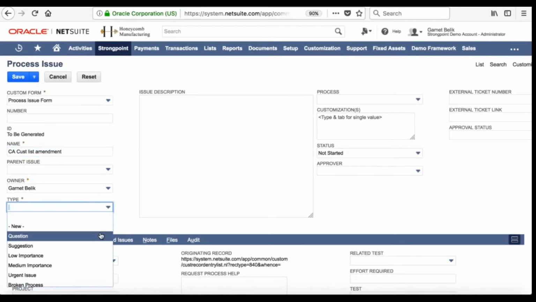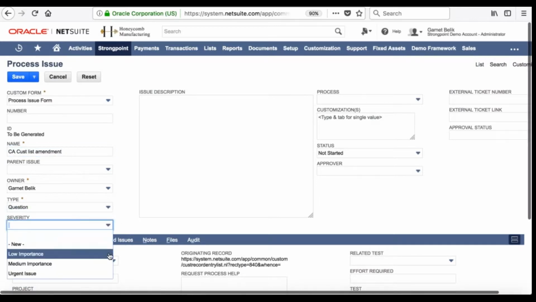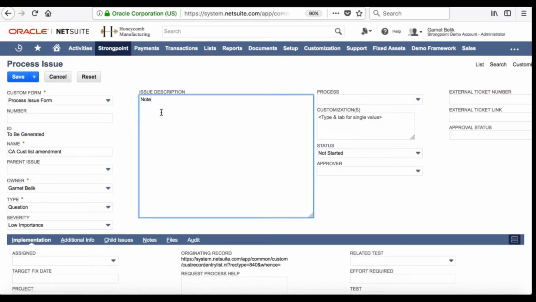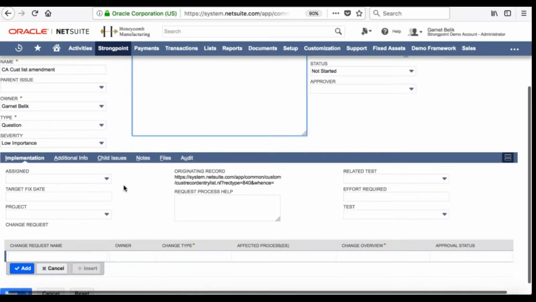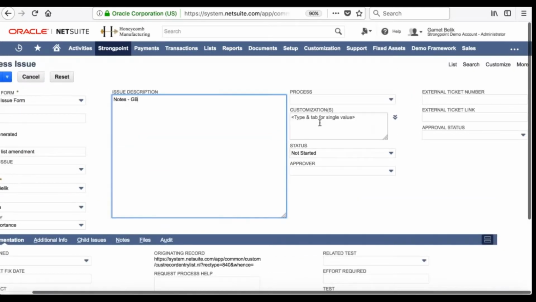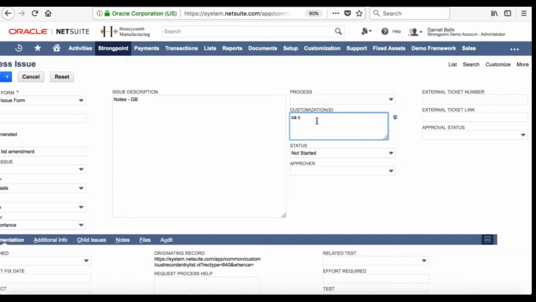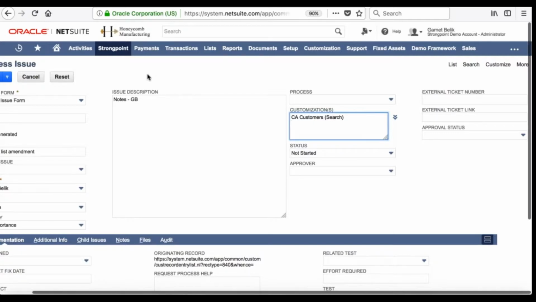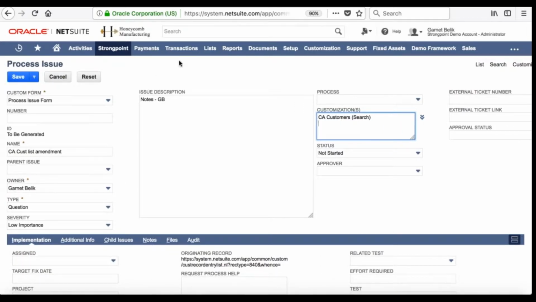And so you can assign, obviously, the name and give it a type and give it a severity. Whatever member of your team that inputs this ticket is going to give a more detailed note than what I'm doing here. But you can reference the fact that it's just been assigned and affix it to a target fixed date, attach it to a project. But the most important part of this is that you can actually add specific customizations, whether it be 1 or 10 or 100, to the actual process issue, and thereby determine exactly where the risk is in all of these customizations. So if I give it a quick save here,